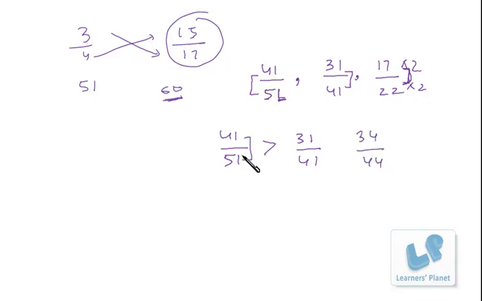Now the difference between numerator and denominator in all the three cases is the same. Now we can easily make the comparison, which one is the greatest and which one is the least. So this is the greatest, then this, right? So you can easily arrange them in ascending or descending order.